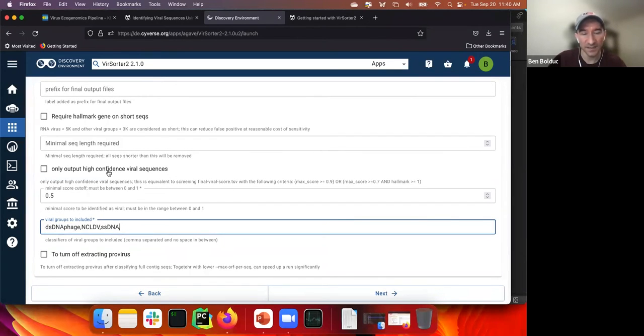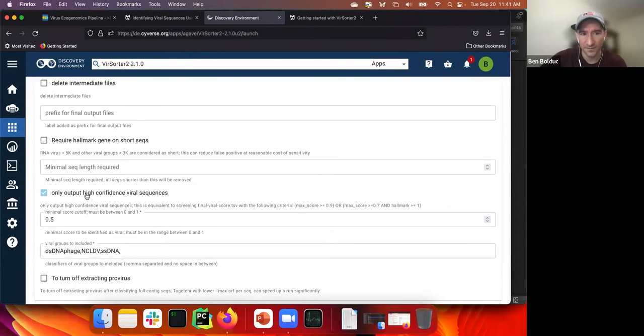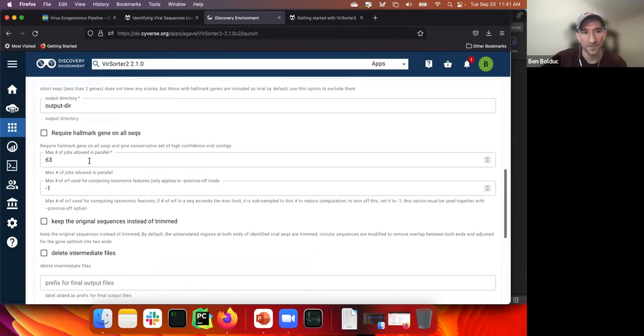Sometimes, if I'm just running VirSorter 2 on a large data set and I don't want to manually look through any of the results, I've selected to only output high confidence viral sequences. And these should have a very low false positive rate and a very high true positive rate. And the max score, I just wanted to say that you can generate this flag manually by